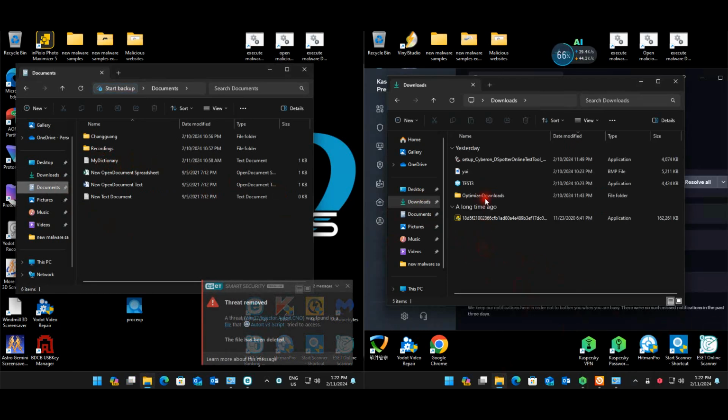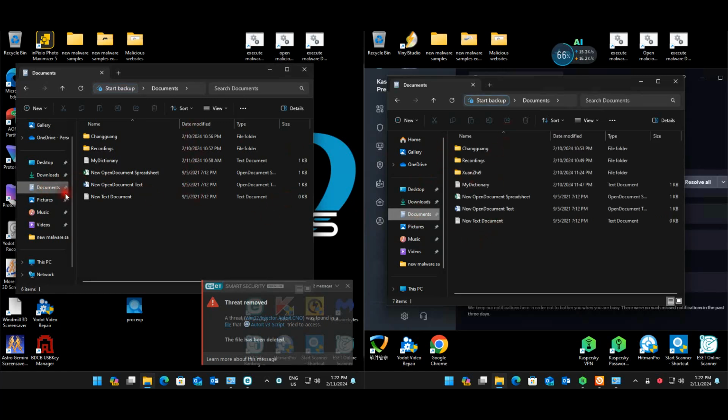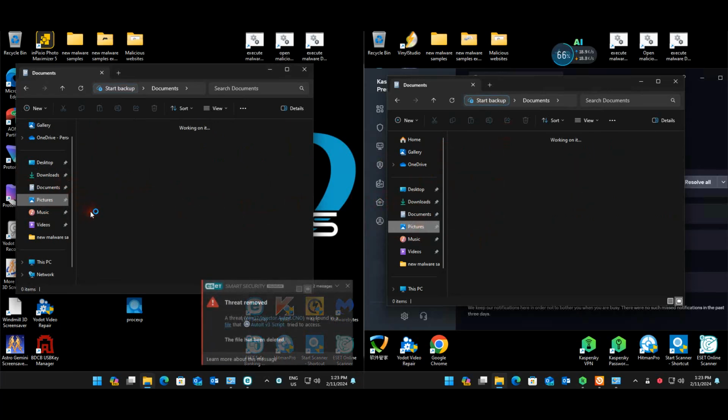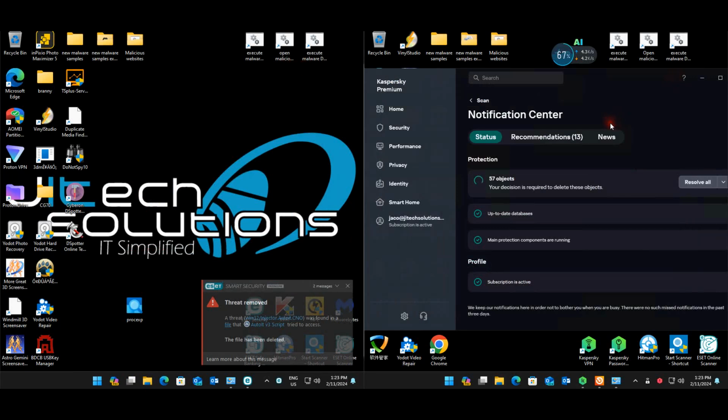Okay. Documents are good. Our pictures are good, it seems. Oh, it's still waiting to load. Okay, cool. Pictures are good. Then it seems like we've got this little PC optimization thing running here, but it seems ESET keeps on removing